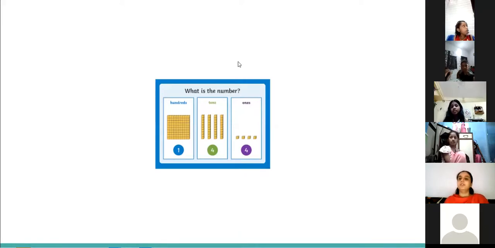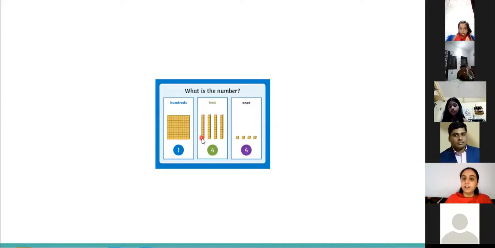Okay. Now see here, when you see this picture, in the ones place, you have loose blocks. They are not together. They are loose. These are all single blocks: 1 block, 2 block, 3 block, and 4 block. But when you see the tens place, can you see these single ones? 1, 2, 3, 4, 5, 6, 7, 8, 9, 10. They are all together 10.